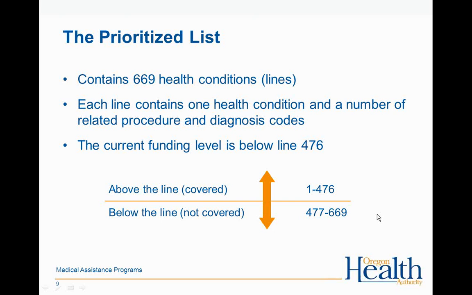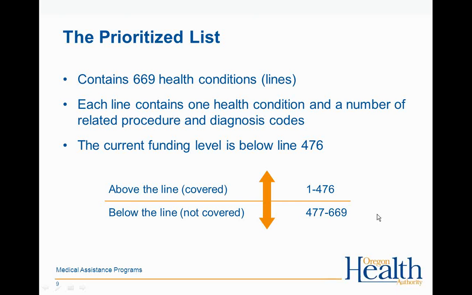Now you'll hear people also refer to pairing on the prioritized list. To have something pair means that you have a diagnosis code and a procedure code that are found under the same line number. So let's go back to line 1. We kind of pictured that one. It's pregnancy. And we have our series of related diagnosis codes and our series of related procedure codes. For something to pair, that means that your diagnosis code is found in that diagnosis set and your procedure code is found in that procedure set that are listed under that line, and that means they pair on line 1.